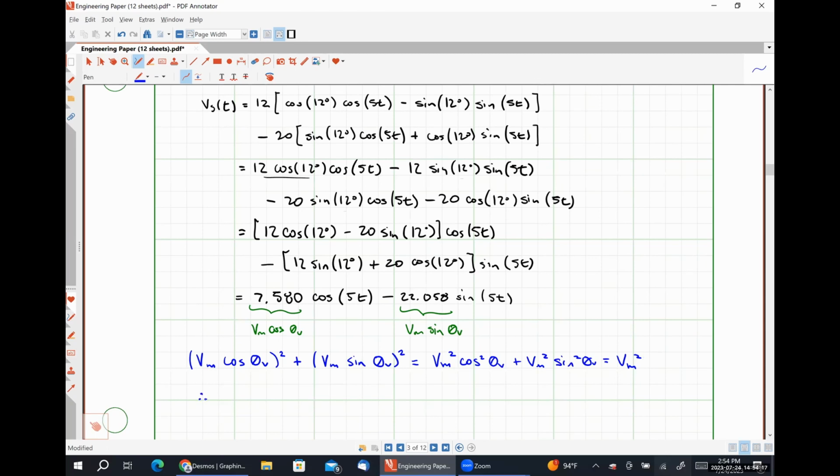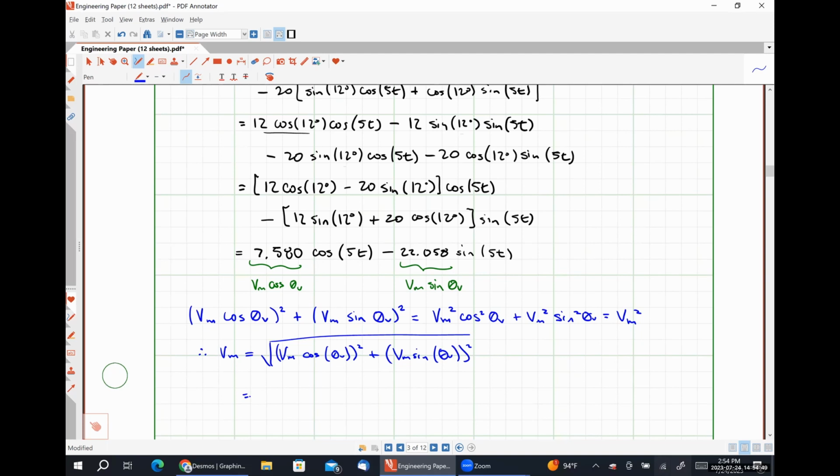So from this, the magnitude of my voltage waveform should simply be the square root of Vm cosine theta v quantity squared plus Vm sine theta v quantity squared,